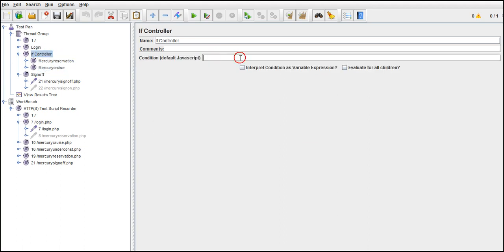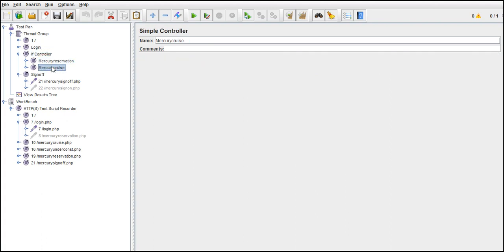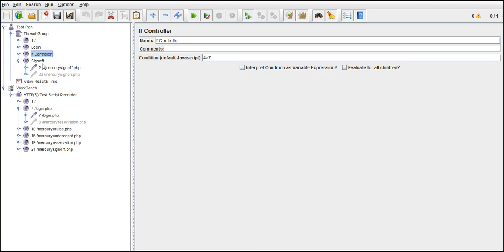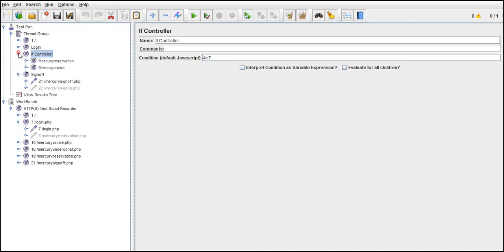Right now I'll say 4 greater than 7. The condition is false, right? I'll also talk about declaring that variable here, but first we will see the false condition. 4 greater than 7 is false, so Mercury reservation and Mercury query should not execute, because control comes here and sees that it is false, so don't execute.